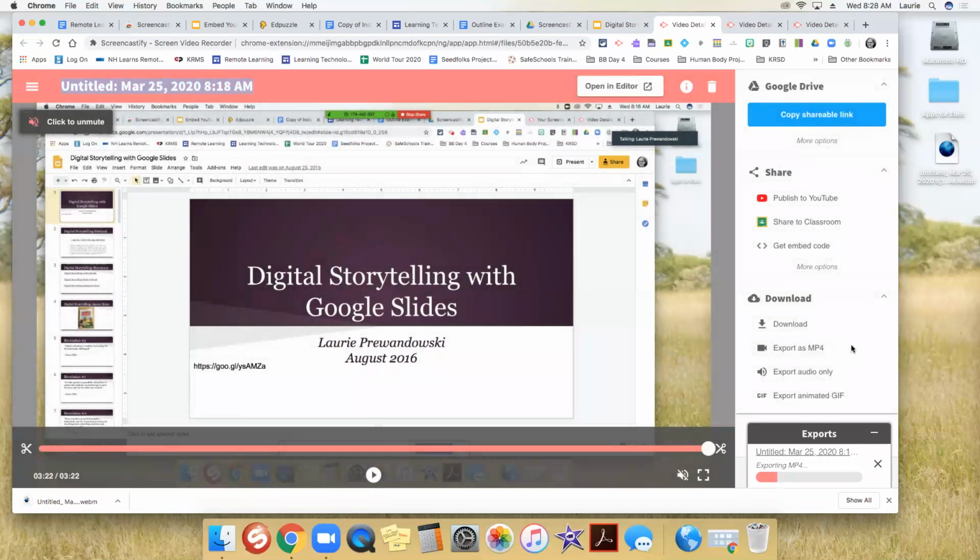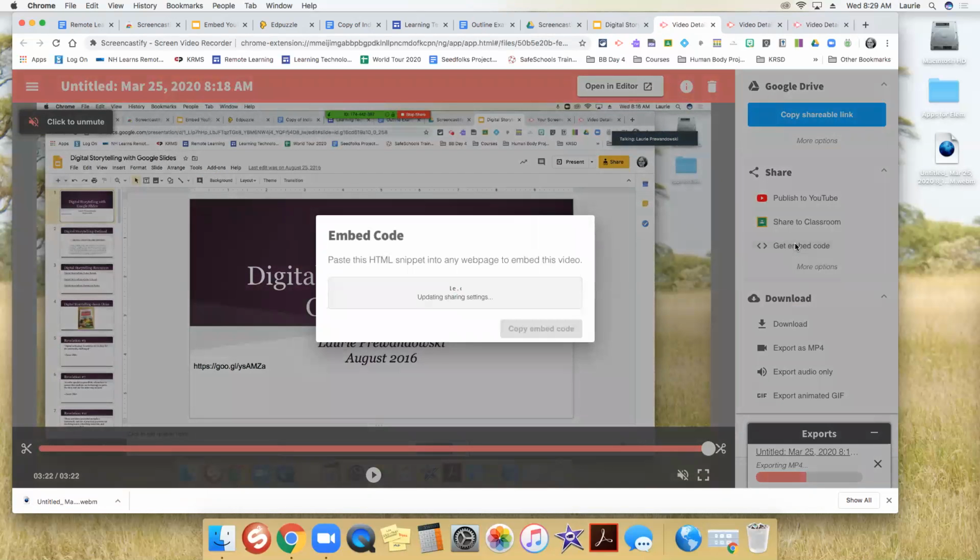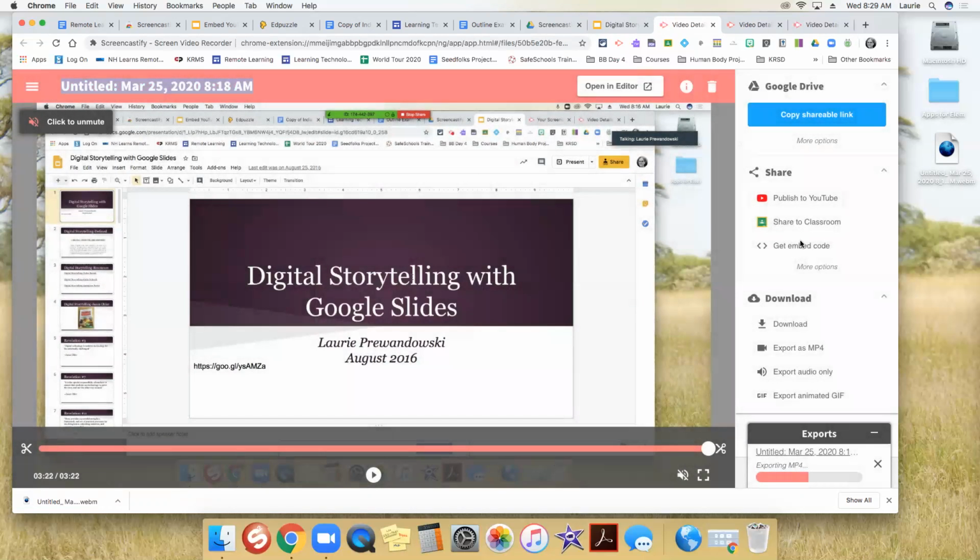These were not available on the traditional free version. You can export this just as audio, so that way it's a smaller file, and if you only want to capture what you said and not all that you were doing in the background, and you can make a GIF file. So this dashboard allows you to do a lot. So once you have this video, it allows you to share it directly to one of your Google Classrooms, get the embed code to put it on your website if you're trying to have information on your website. And these are all great features on this dashboard.